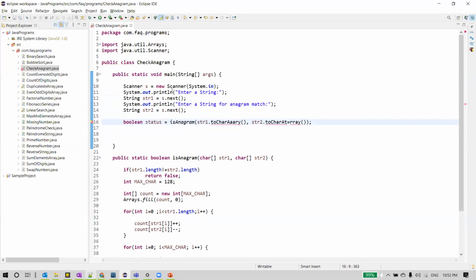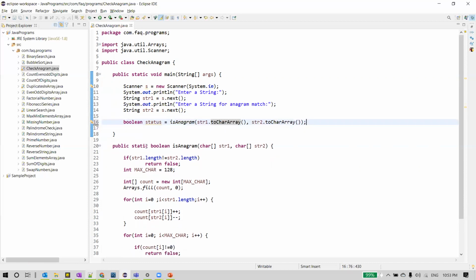Once we read these two strings from the console, then we'll convert these two strings to character arrays. You can see it here. I'm converting two strings to character arrays and then sending them to the method isAnagram.